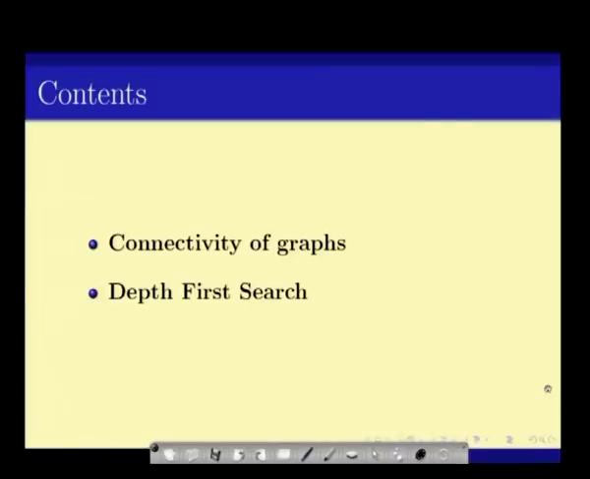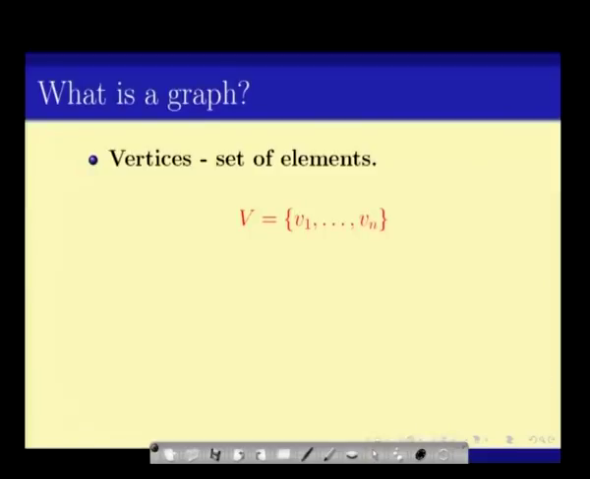Welcome to the UGC lecture series in computer science, and the topic is algorithms. In the last lecture, we had seen graphs and some of their applications. Today we will be looking at the connectivity of graphs, and then we will be looking at the depth first search algorithm. To recall, a graph is given by a set of vertices v1 to vn, and